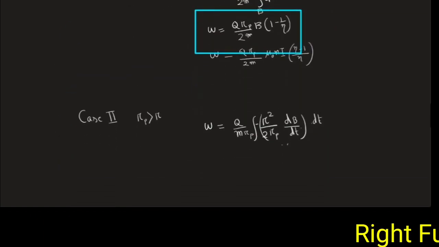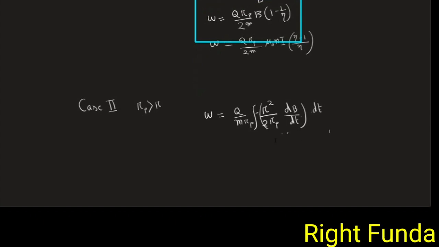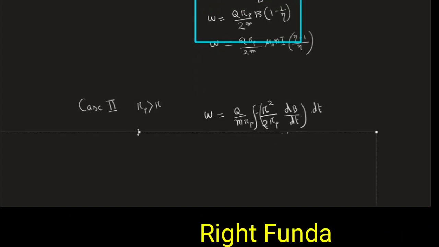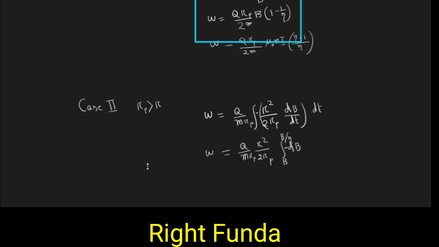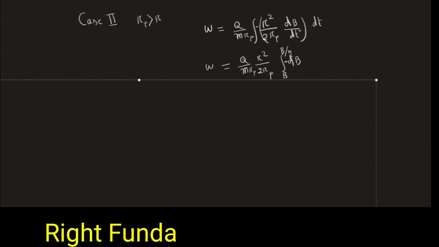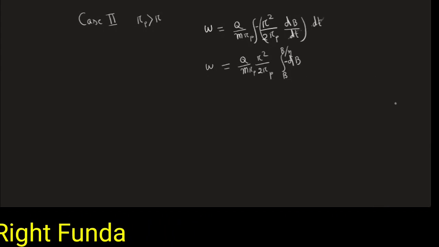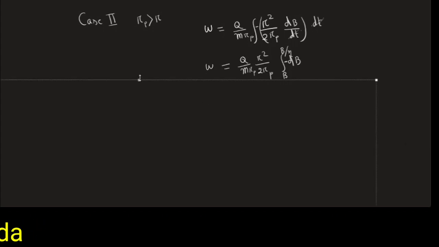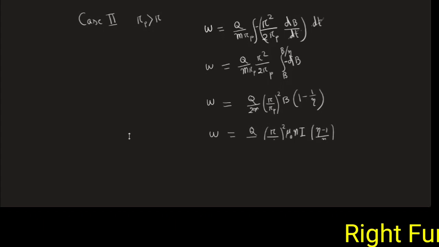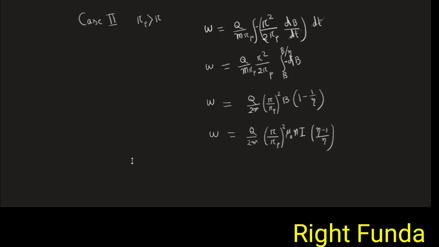Then I got this radius, where Rp is the radius, and capital R is given as small r because R is the radius of the solenoid that is given. So I can integrate this one. The dt cancels. Then I got the dB integration, and minus dB of course. So I got this value, and omega is this much. So B is equal to mu naught Ni; I substitute and I got this equation.